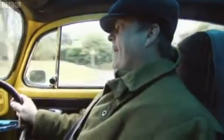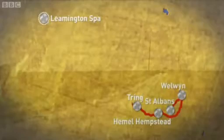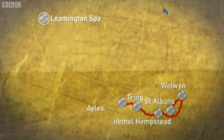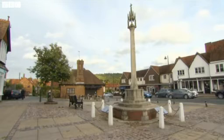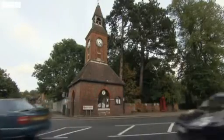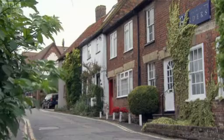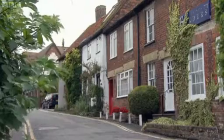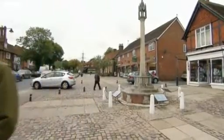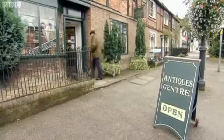Back in the Beetle, his competitor has crossed the county border from Hertfordshire to Buckinghamshire for his last shop of the day in Aylesbury. Aylesbury was a major market town in Anglo-Saxon times and is famous as the burial place for St Osyth, who lost her head in 870. Careless. Let's hope James doesn't lose his at the final shop, Antiques at Wendover, managed by dealer